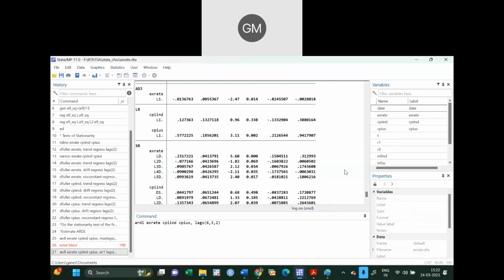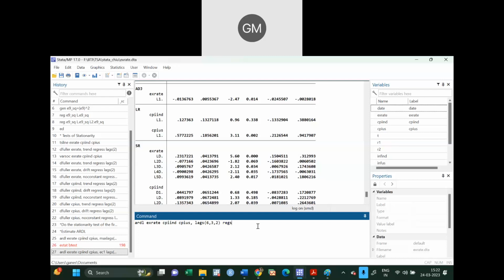Because that is one of the things we are looking at. When the variables are non-stationary in level, the linear combination of those variables should be stationary in the long run. That we can capture through the error correction term and the residual term. And for the residual term, we can again cross check now, which you can give the command